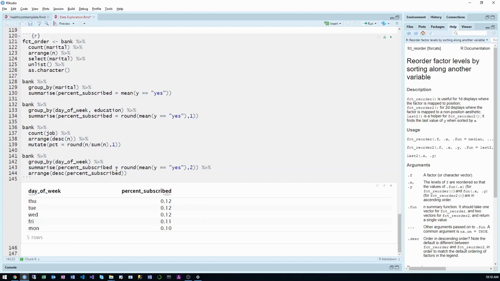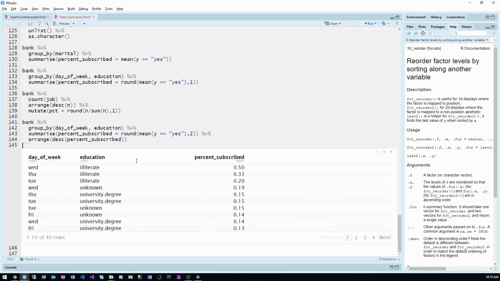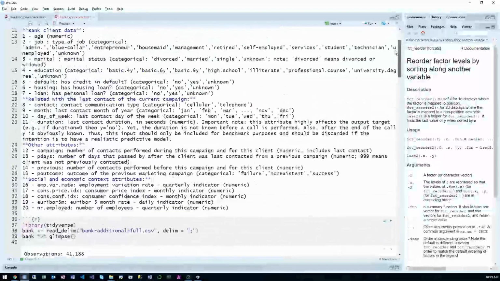ask this question. What if you don't just look at the day of week, but you also look at the education level? You can see there's a lot of variation here. For those who are illiterate on Wednesdays, it's 50%. And for those who are illiterate on Thursdays who are contacted, it's 33%, right? And so there's a lot of variation here,